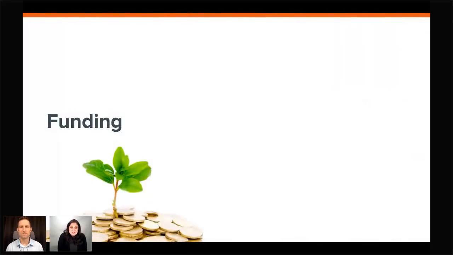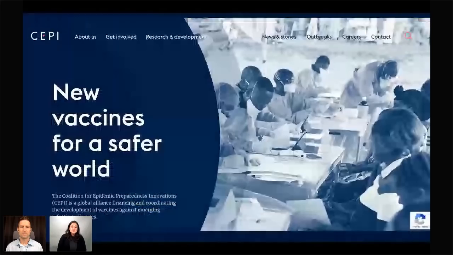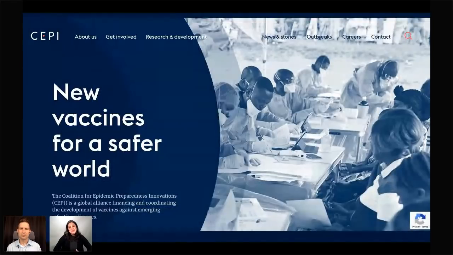So finally, that brings us to funding. How is it that we might be able to, together as a global community, finance the rapid development of both therapeutics and vaccines? So this is CEPI, the Coalition for Epidemic Preparedness Innovations. And this was founded as a public-private partnership at Davos in 2017. They put investment money behind developing new vaccines to prevent future pandemics, and also to make the technology more democratized and available to people all over the world.